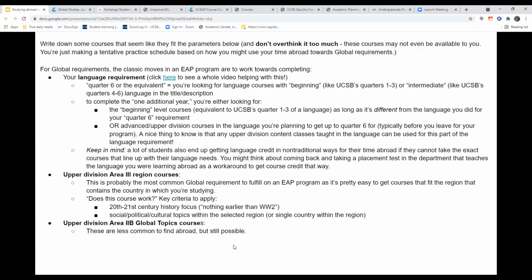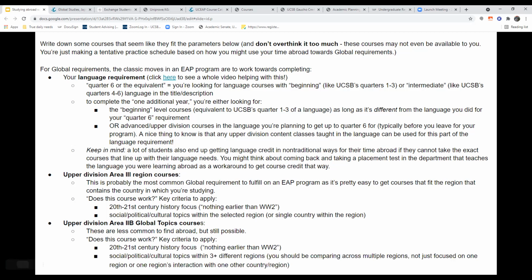The only difference is, and these are a little bit less common to find abroad, but still very possible, still 20th and 21st century. But big differences, we want to see social, cultural, political, historical topics within at least 3 or more different regions. You should be comparing across multiple regions, not just focused on one region